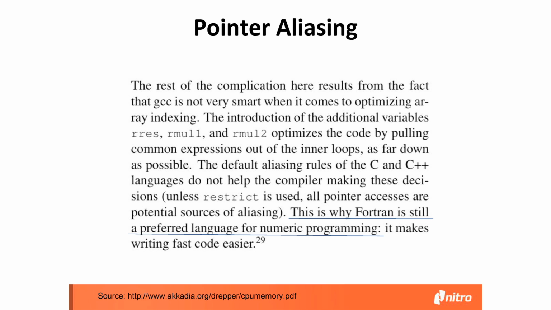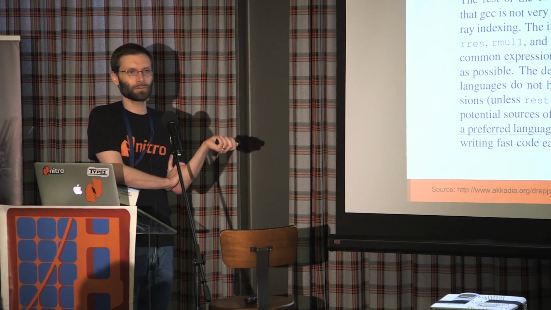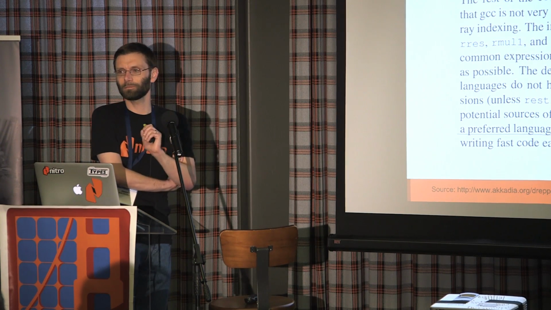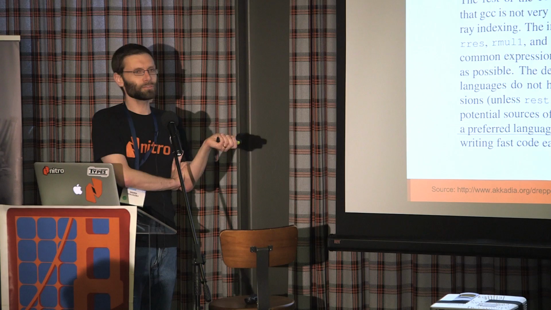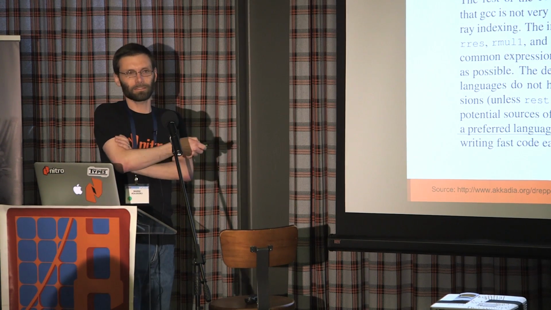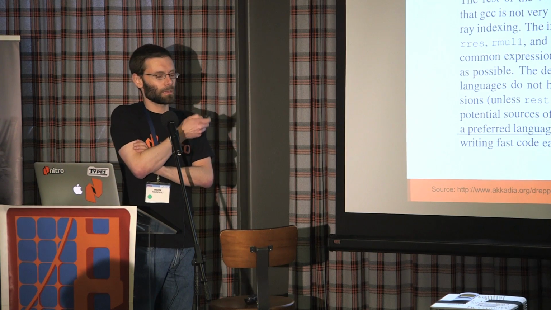Then there's this issue why people still use Fortran. I think that's kind of interesting, just as a side note. In Fortran, basically when you're dealing with pointers, Fortran assumes, hey user, you know what you're doing. You're not going to be accessing the same piece of memory from two pointers. And if you do, I'm not giving you any guarantees. That's why Fortran can hyper-optimize the code. Right? In C, because you can get race